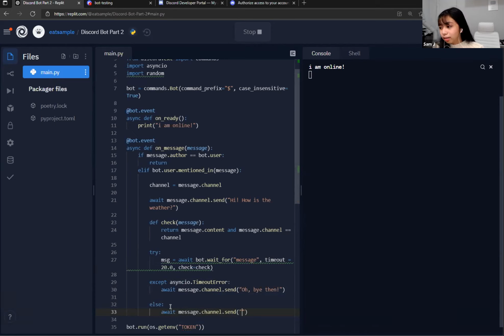Then here we'll write something called an F string. An F string will be able to write what the user's message content said in our actual message, even if we don't know what it is yet. All right, "I wonder how it feels to have",